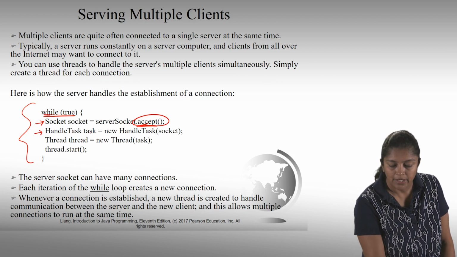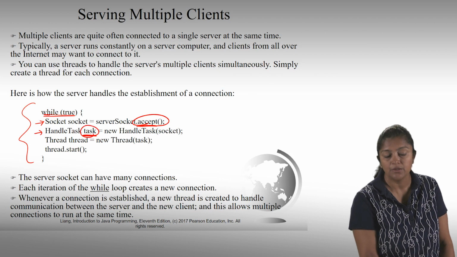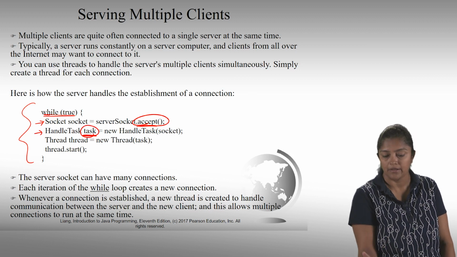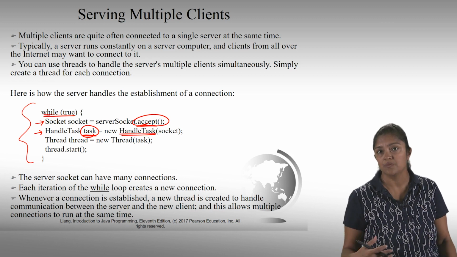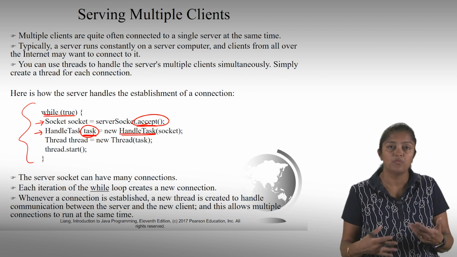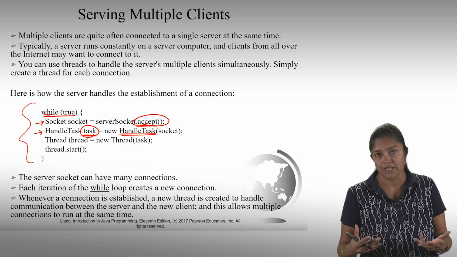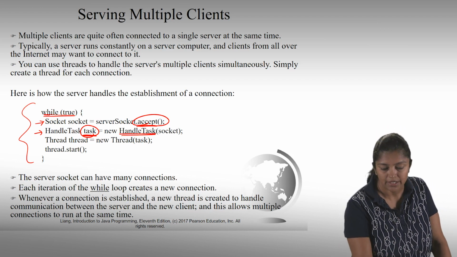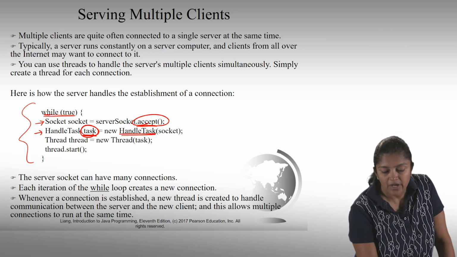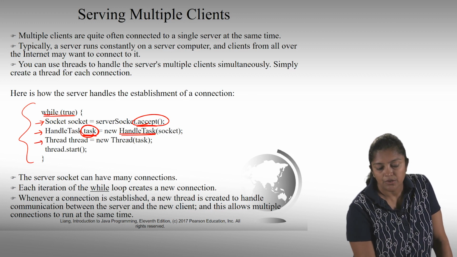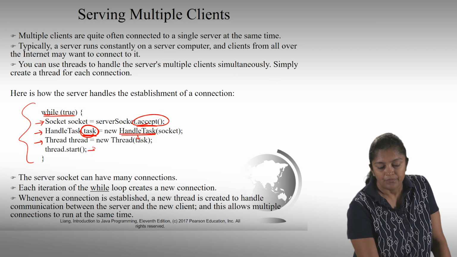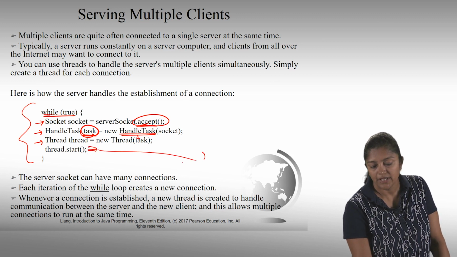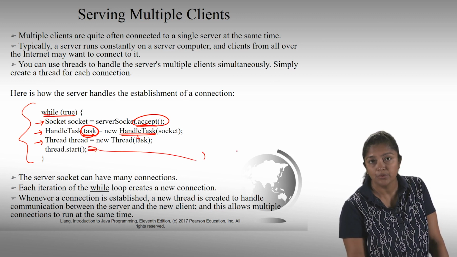And then at that point a task object is created to handle this particular client. Which means the handle task class has to describe what needs to be done, what the task is to be done with this client connection that we received. Now once we have the task object, we create a new thread and pass the task object to it and start the thread. So once the thread is started, we have delegated it, it's going to independently do its work,